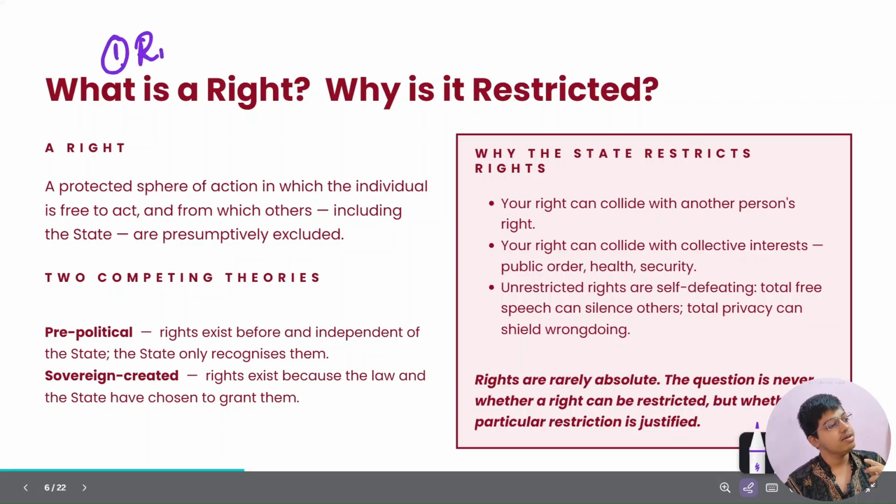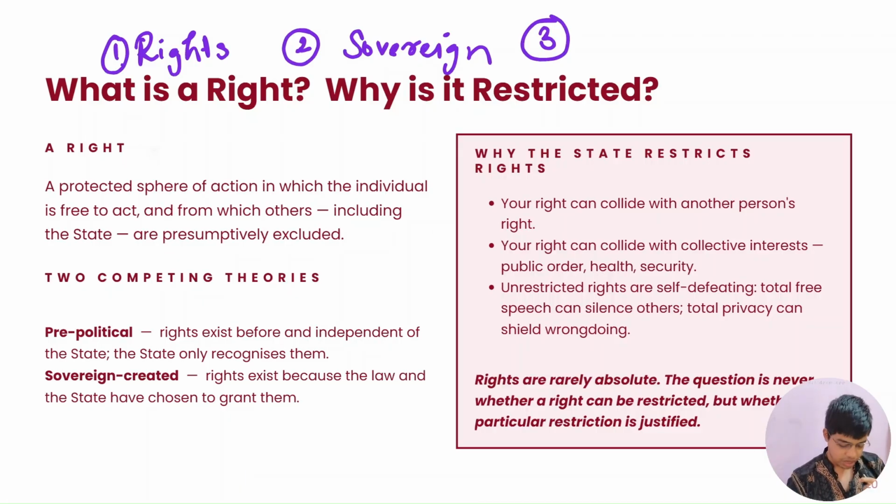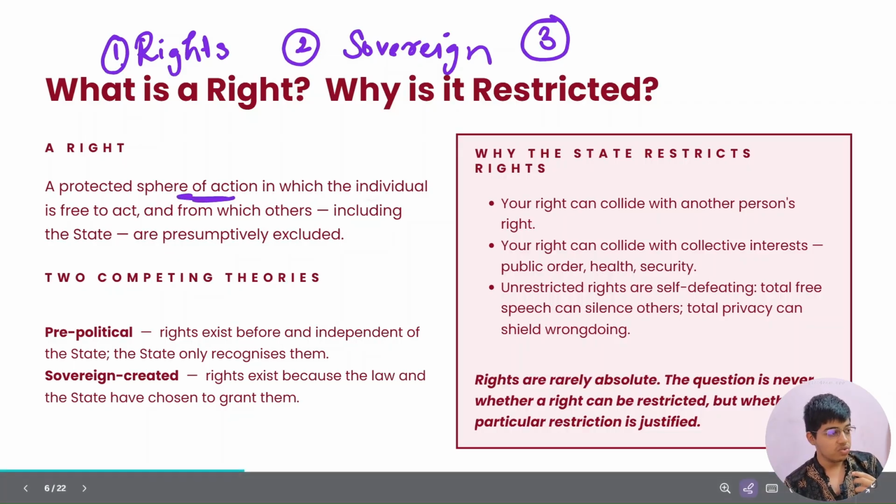What exactly are rights? What exactly is the sovereign? And the third thing that we need to understand is: is the sovereign a protector or a restrictor of rights? Guys, first of all, you need to understand what a right is. A right is a protected sphere of action in which the individual is free to act and from which others